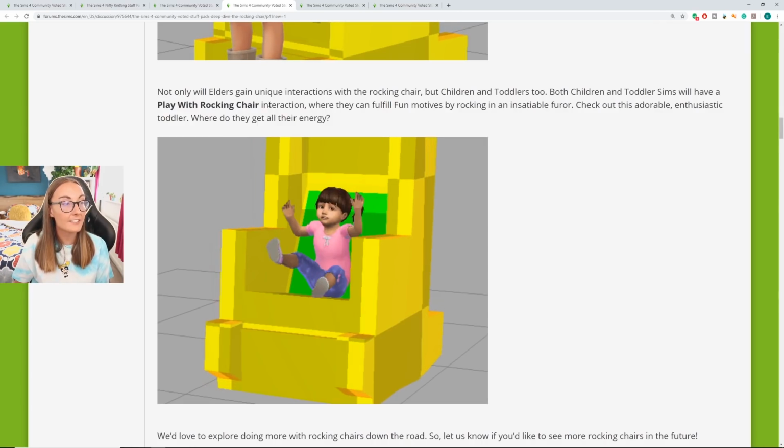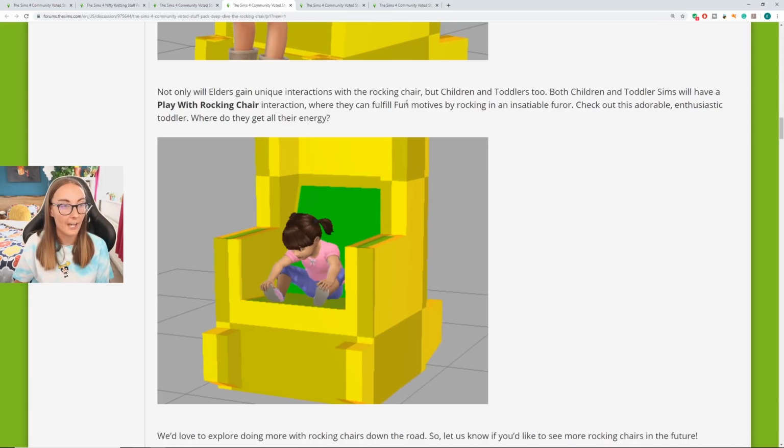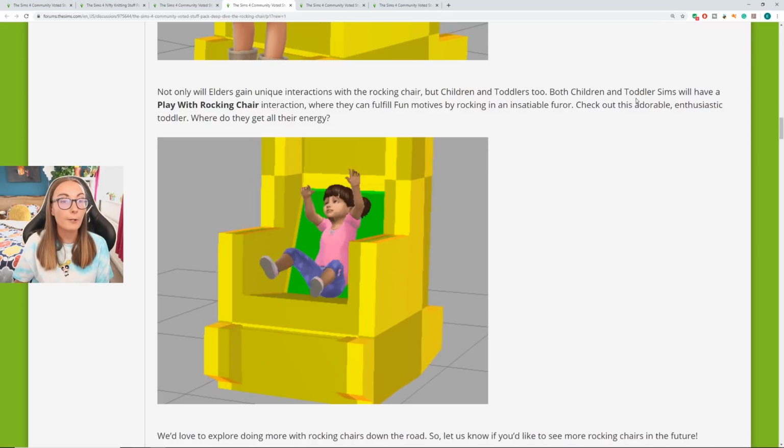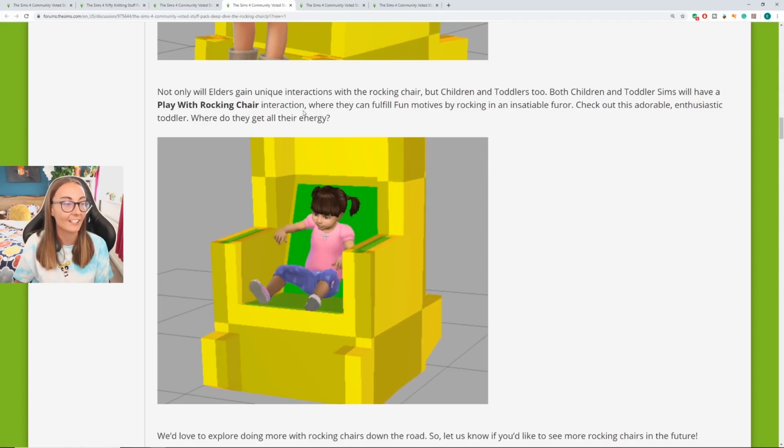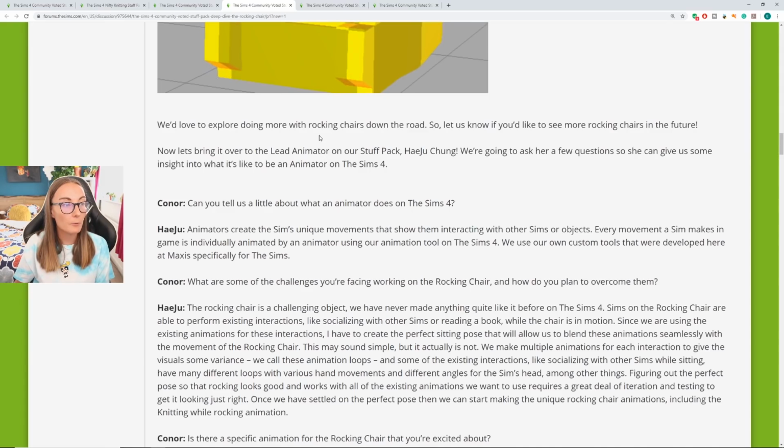Not only will elders gain unique interactions with the rocking chair, but children and toddlers too. Both children and toddler Sims will have a play with rocking chair interaction. We'd love doing more with rocking chairs. Let us know if you'd...